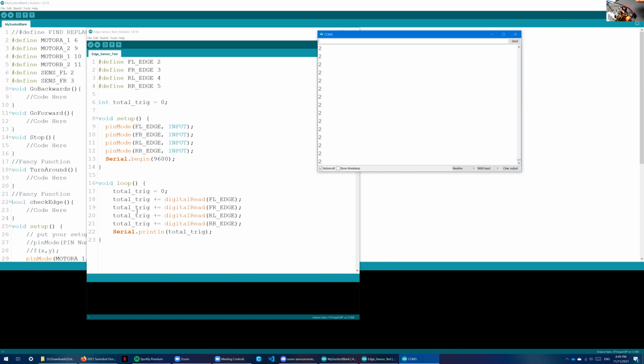And I don't really care which sensor is which in this case. This test is really just to see how many sensors are getting triggered. 3, 2, 1, and then 0. If you do some kind of test with edge sensors or the LED and